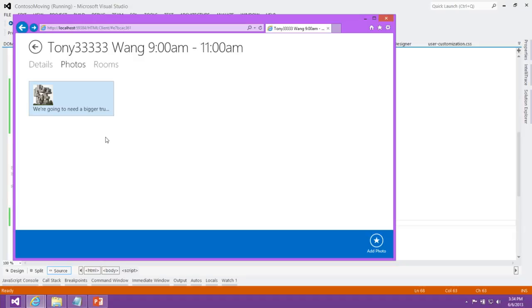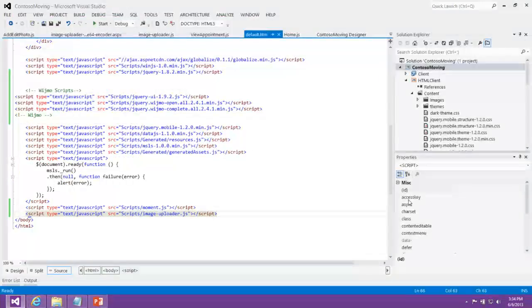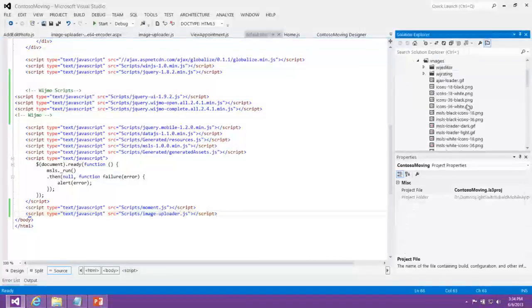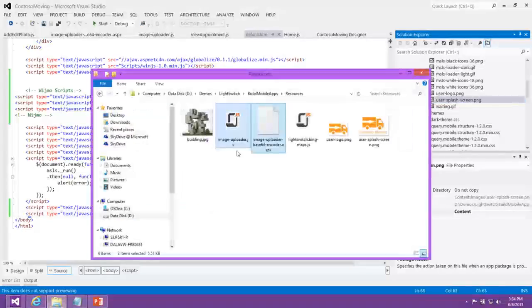So there's a variety of things, obviously, that you could do to customize. One of the things that people always want to do is change the total look and feel, the total theme of the application, and also probably brand the application as well. So let's do that. Branding is fairly easy. We started diving a little bit into the CSS. But there's also these images, and we give you the splash screen and the user logo, and you can just replace those with yours. So I have